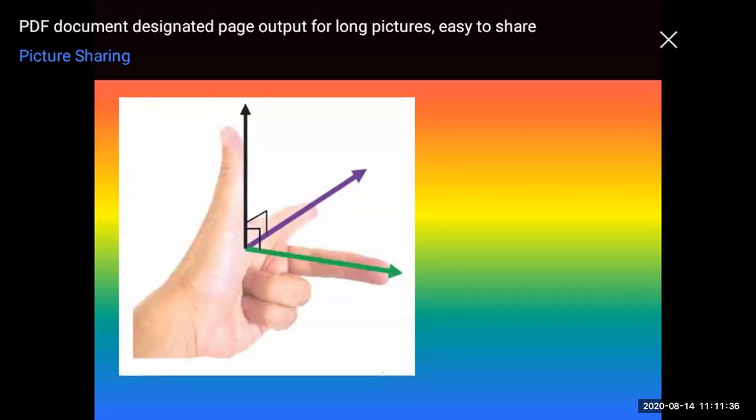According to this rule, the left hand thumb, index finger and middle finger are stretched perpendicular to each other. So this was an experiment conducted, where we considered the direction of electric current and direction of magnetic field, and found that the direction of the force exerted is perpendicular to both. So it is a simple rule relating three directions, and this rule we call Fleming's left hand rule. Okay, so remember this.